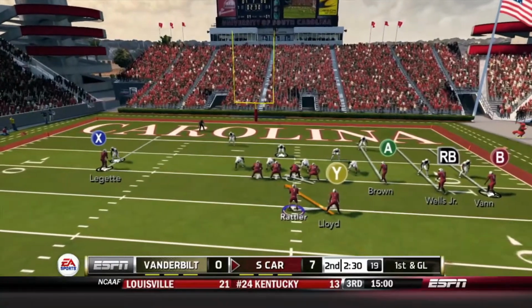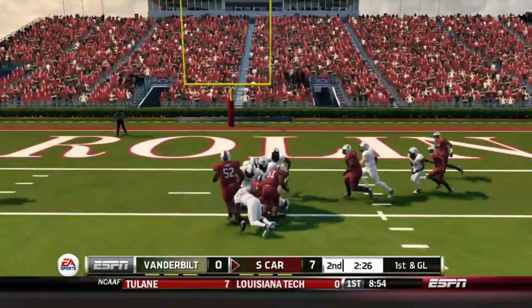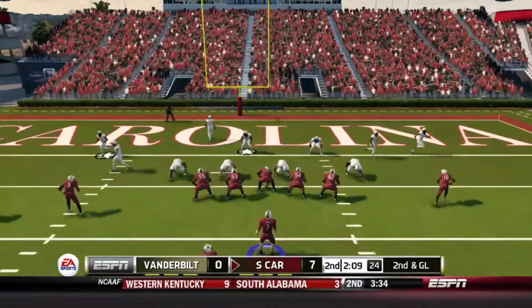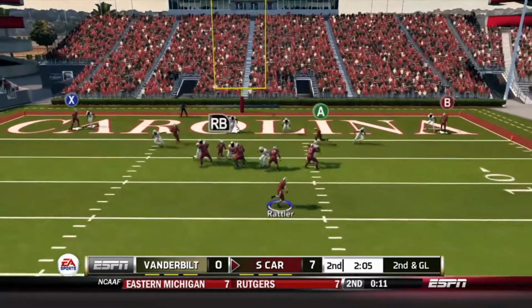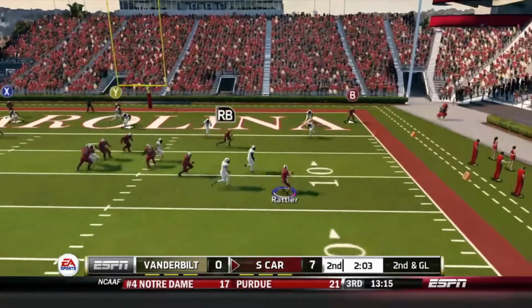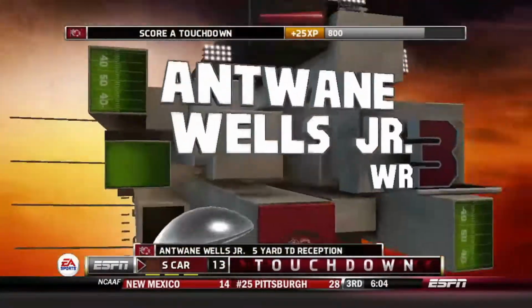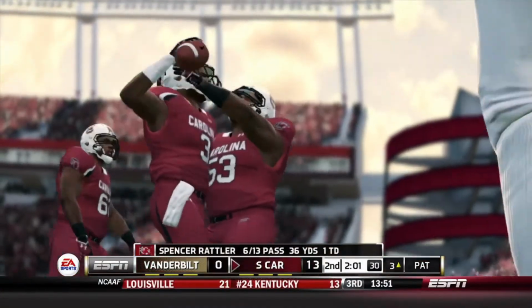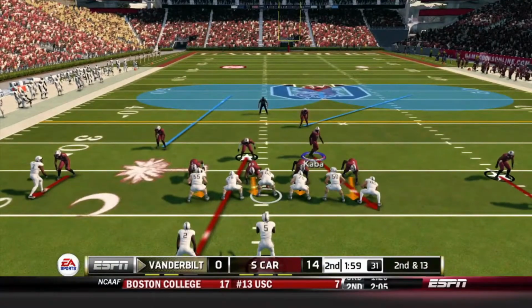Rattler wants to go to Lloyd right up the middle, got some space, had to cut it outside because of the man trying to break it up, and just a beautiful read from Marshawn Lloyd. So 2nd and goal now. Rattler wants to throw this time, rolling around again, back across his body to the end zone. Touchdown, touchdown, South Carolina. Antoine Wells Jr., the James Madison transfer, makes a beautiful grab here in the final minutes of this first half,